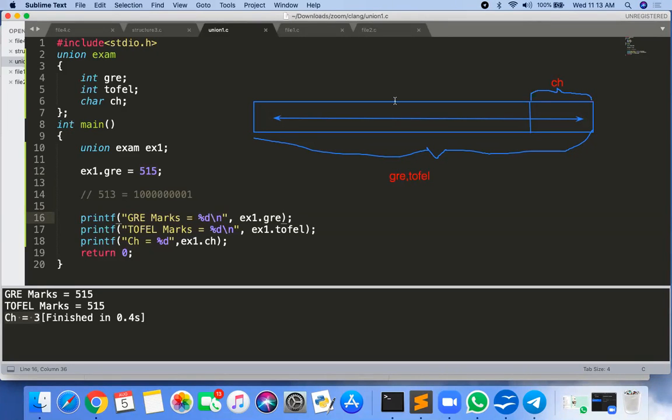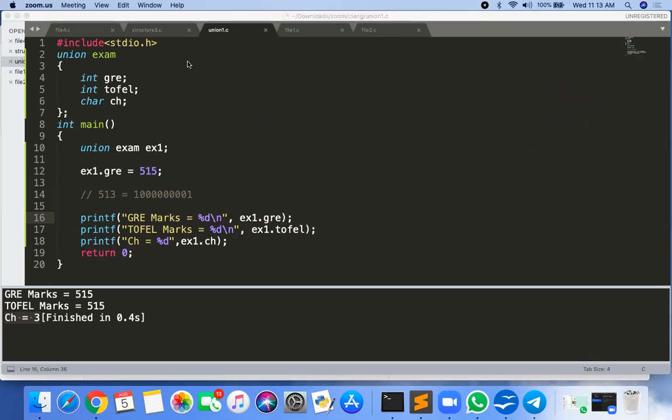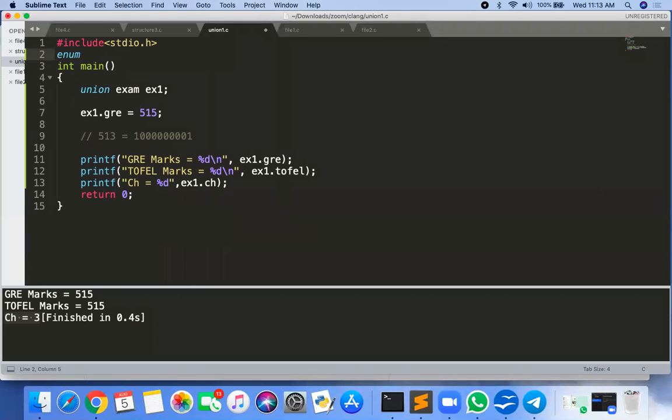I'm not repeating all that stuff. Now try this yourself, because there are no such applications of unions. This is only theory you should know. Okay. Now next one is the enum.